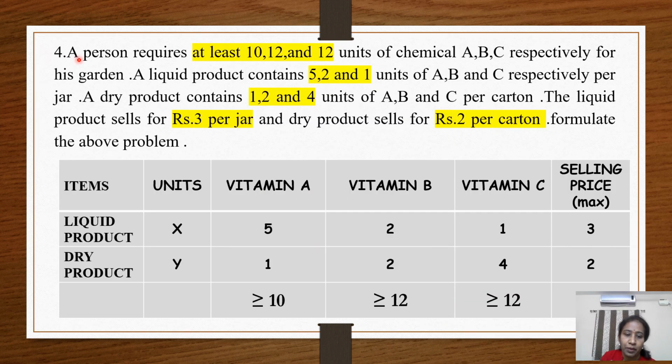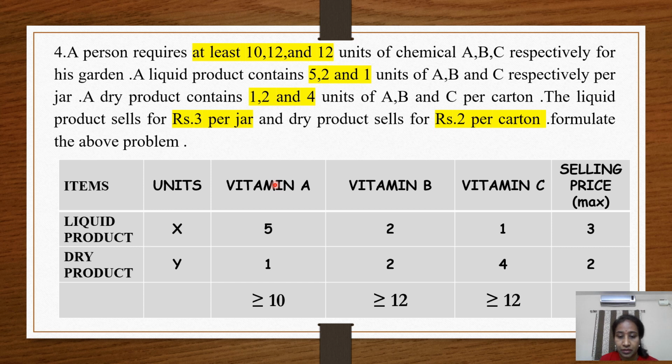Coming to our last problem, a person requires at least 10, 12, 12 units of chemicals A, B, C respectively for his garden. A liquid product contains 5, 2, 1 units of A, B, C respectively per jar. A dry product contains 1, 2, 4 units of A, B and C per carton. The liquid product sells for rupees 3 per jar and dry product sells for rupees 2 per carton. Formulate the above problem. Now in this problem, the moment you see A, B, C, immediately you will think that